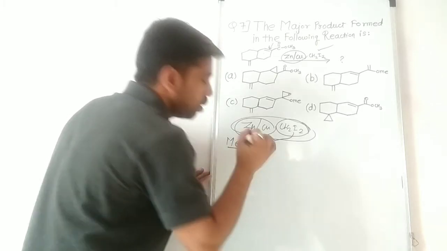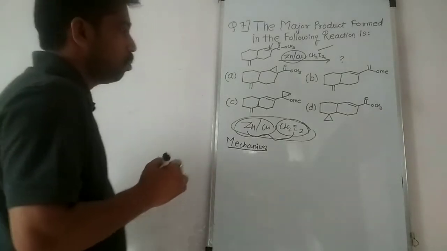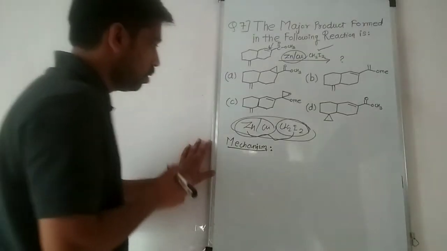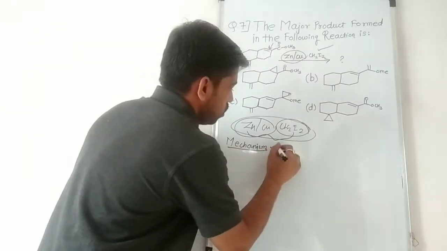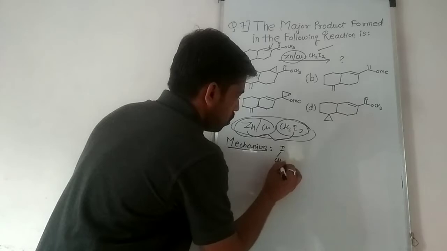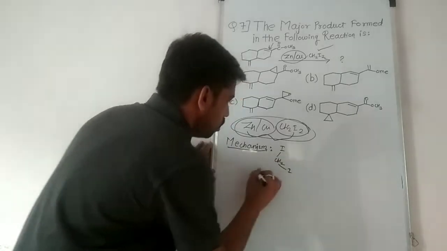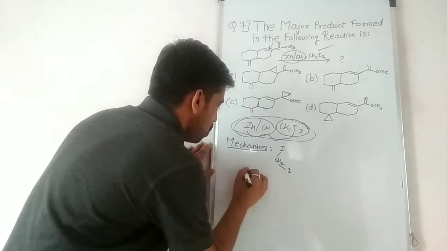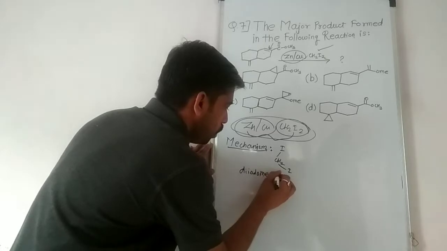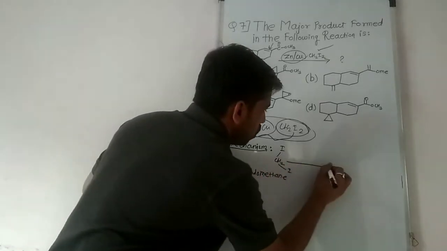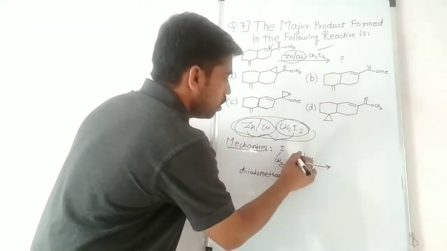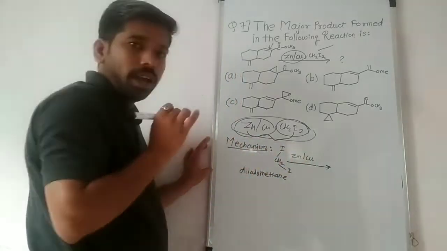First we have to form the reagent for the cyclopropanation. The mechanism for the formation of the reagent, the zinc carbenoid. In the first step, CH2I2, that is diiodomethane, in the presence of zinc copper couple. There is insertion of zinc in between this carbon and the halogen, that is iodine.